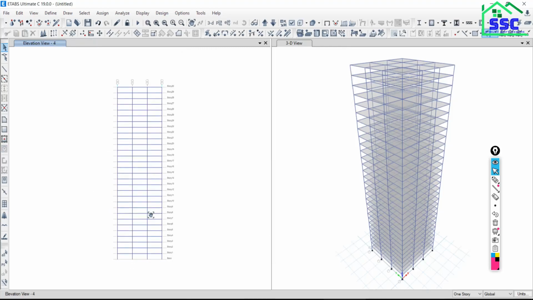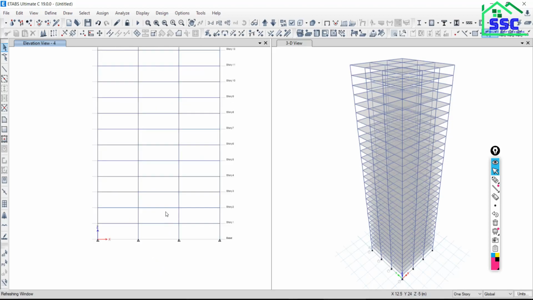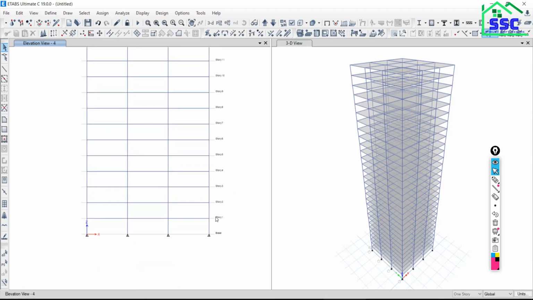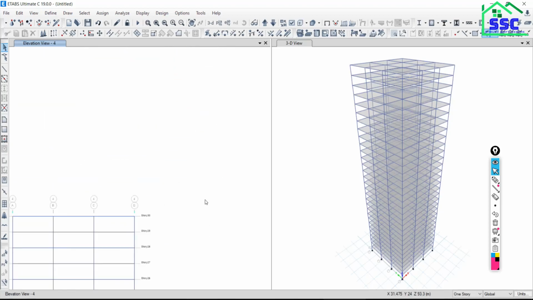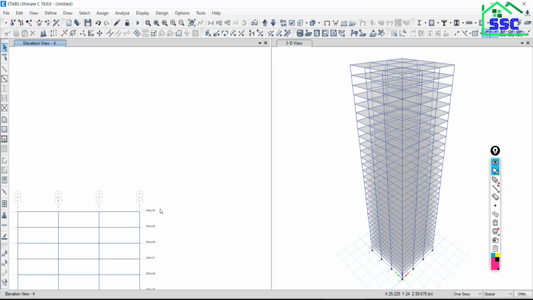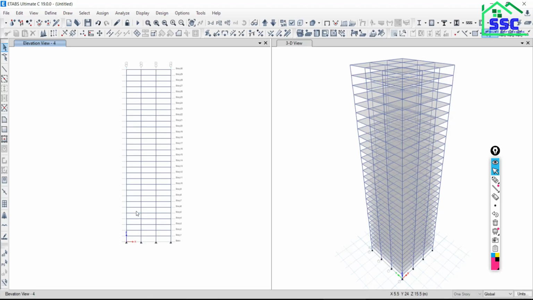So see, all these model views along the elevation will be available. This is the first, second, third, like this up to the 30th floor. All these floor levels are available, and this is the elevation view.